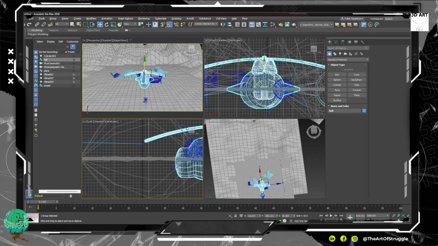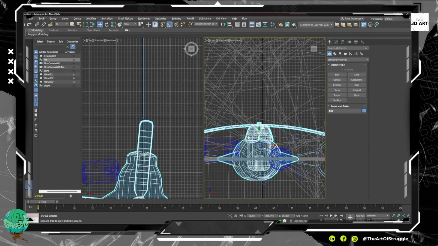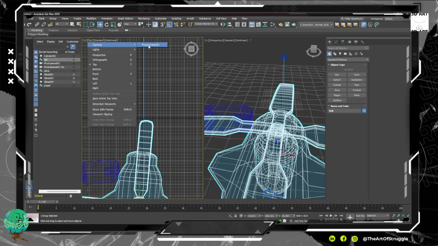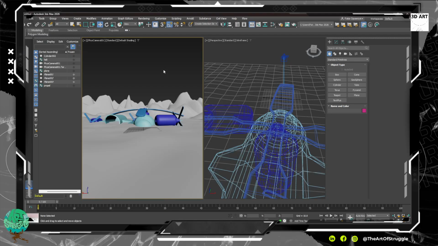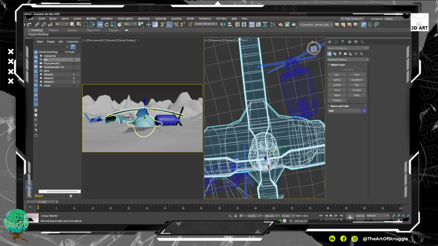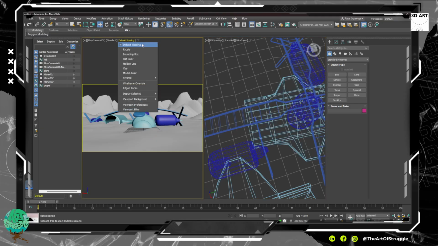Alright, I'm gonna do a split view. I'm gonna make this my perspective view, and then I'm gonna make this the camera. Alright, so you can see Shift F, what's going on. So now as I move, and actually I'm going to turn this into